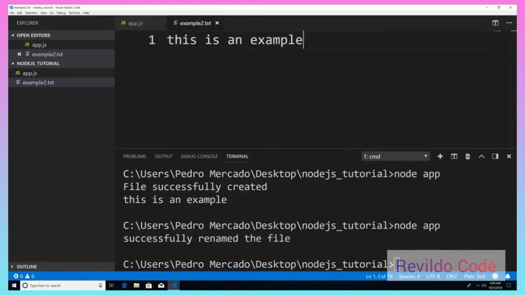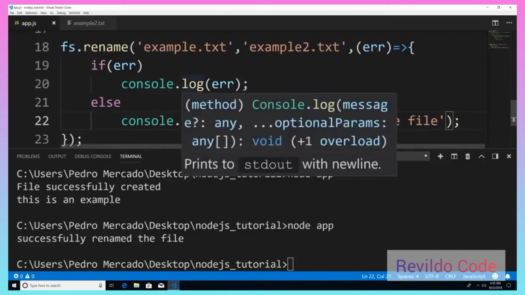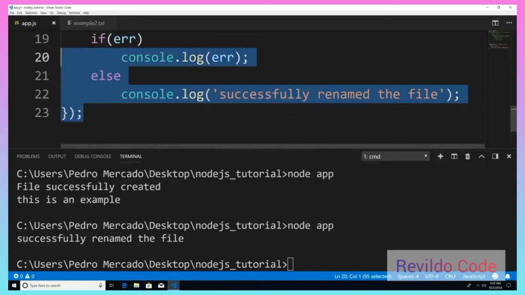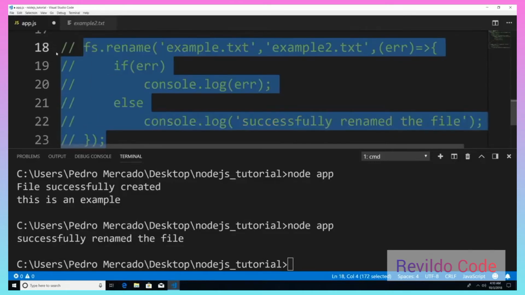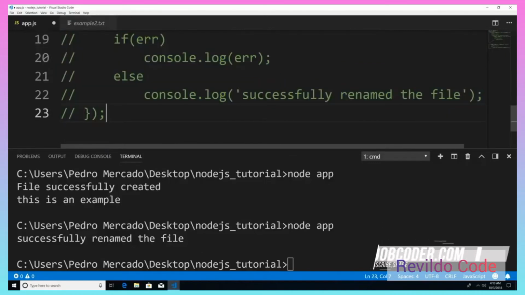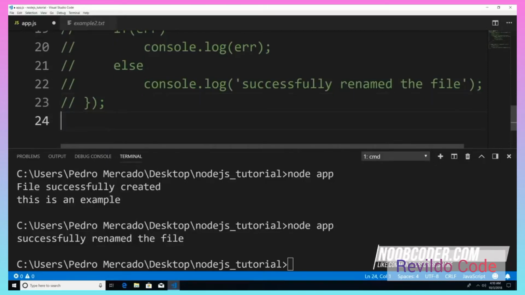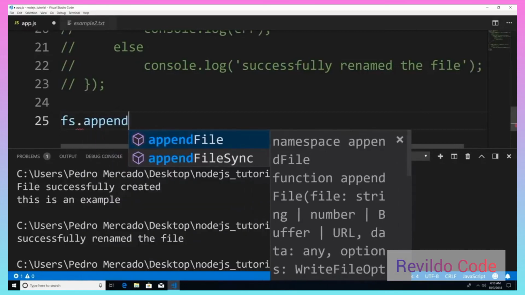Couple more methods that I want to go over, so I'm just going to hit Control B, and let's say that once I comment this out, let's say that when I was creating the file that I forgot to add something towards the end of the file. So what do you want to do? I want to append data to the file. So I'm just going to say fs.appendFile